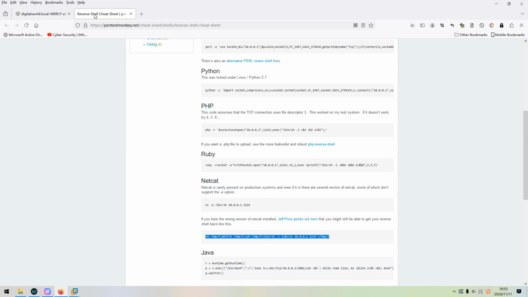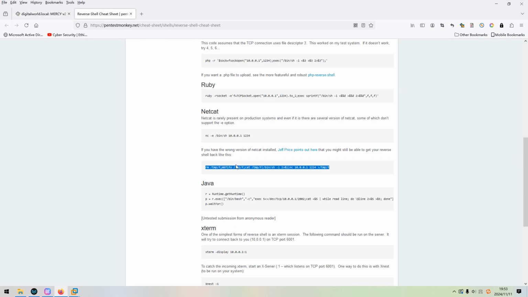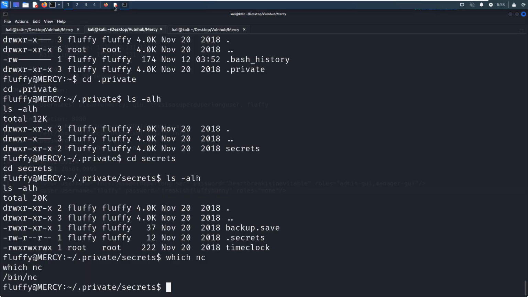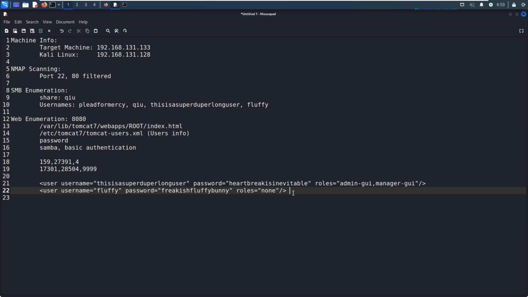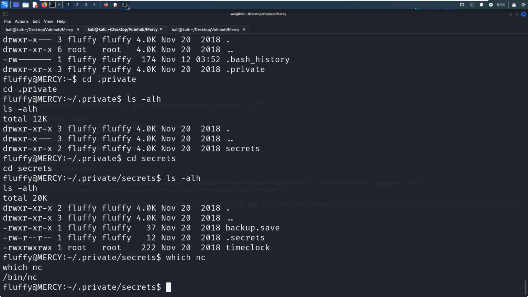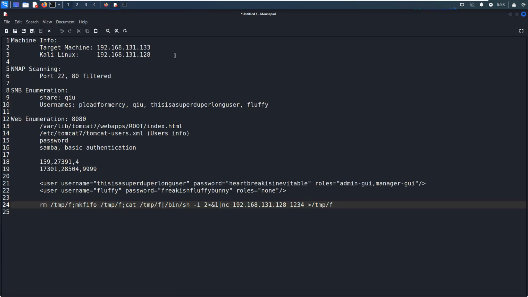But another command can work. This one we can copy, which you can get from the Pentest Monkey website. And the IP address of the Linux machine. And also we can use a different port number, like 6666.